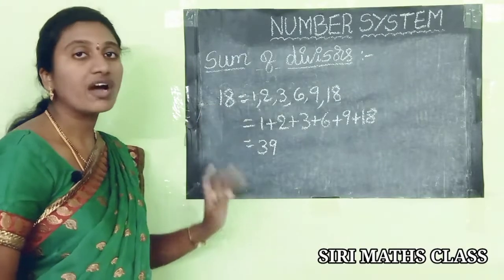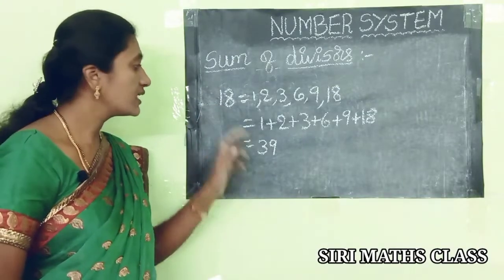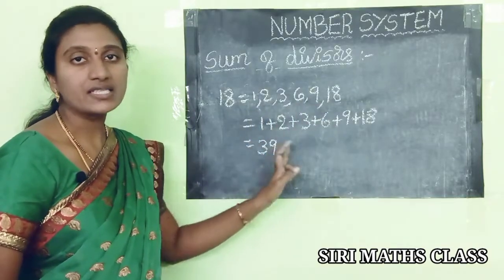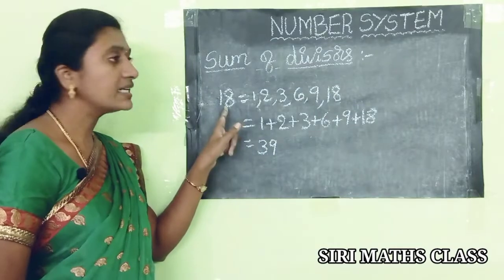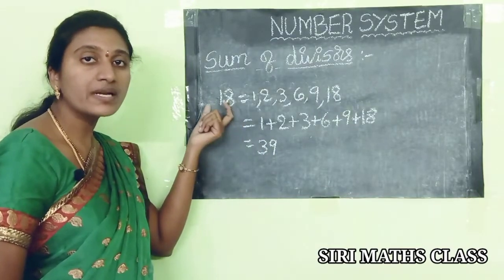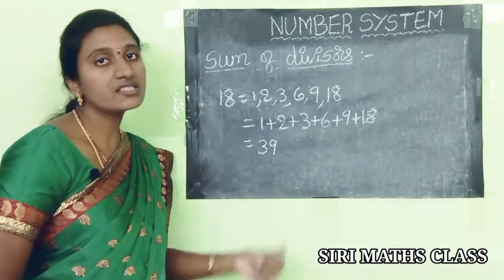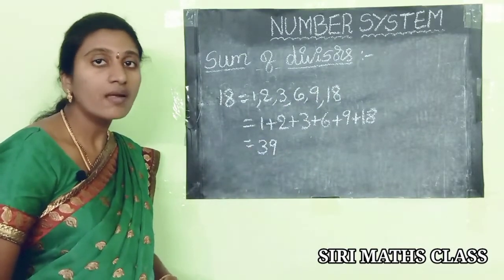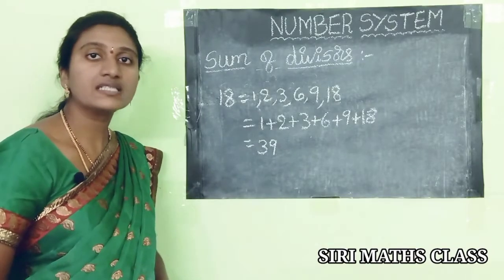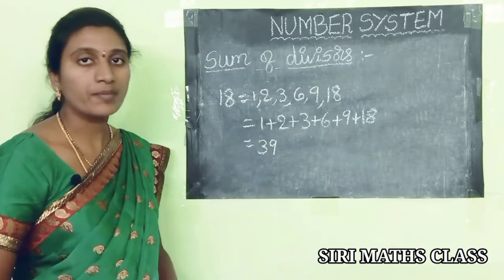Okay, in this, what we observe here is that by using the formula we get the answer, and by finding the factors and adding them we get the answer; both are the same. But 18 is a small number, only a 2-digit number, that's why we can find the factors very easily, and adding is very easy. But we can take 4-digit or 5-digit numbers. By using the formula we get the answer very easily. Okay, that's why we are using the formula.